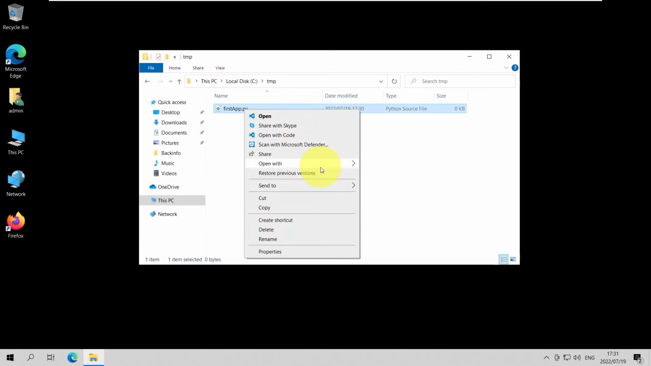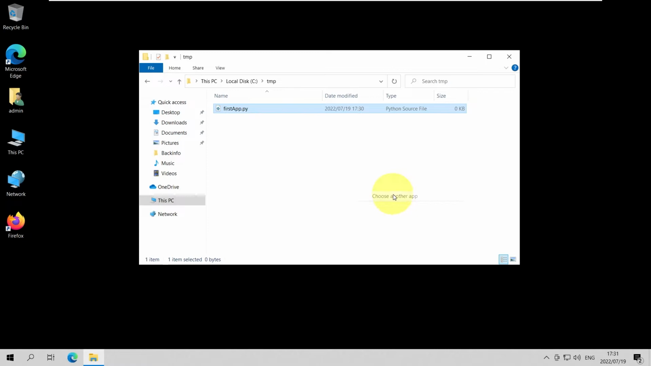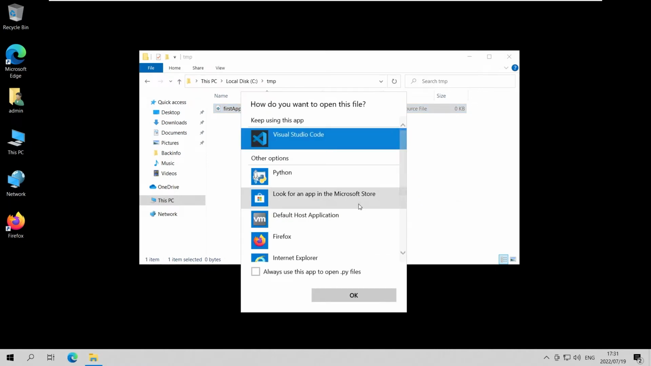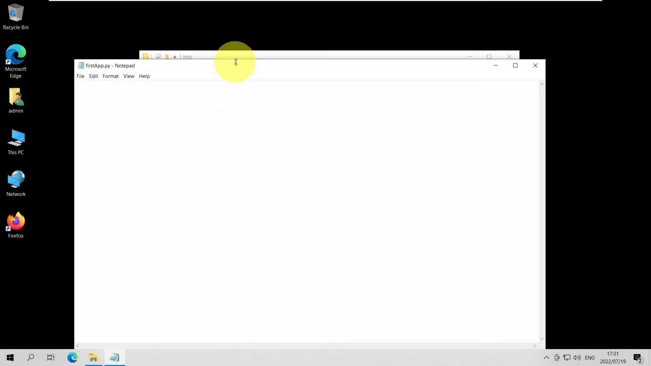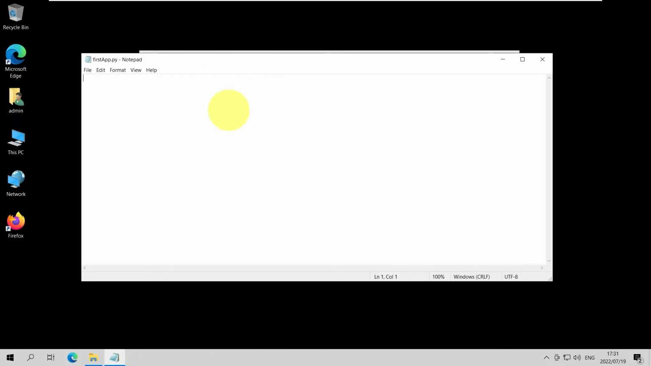So I'm going to say open with Notepad. And you can see our file has nothing in it. It's a blank file. And I'm just going to do a print hello world here. Going to save the file,